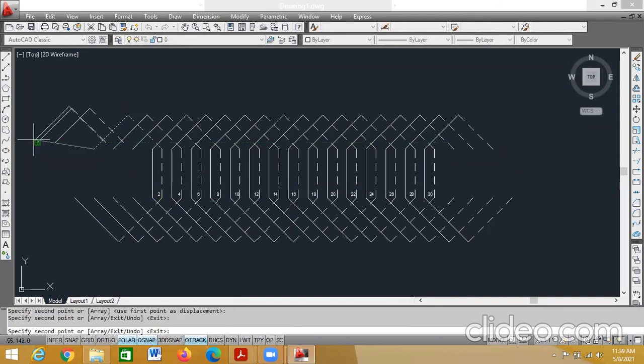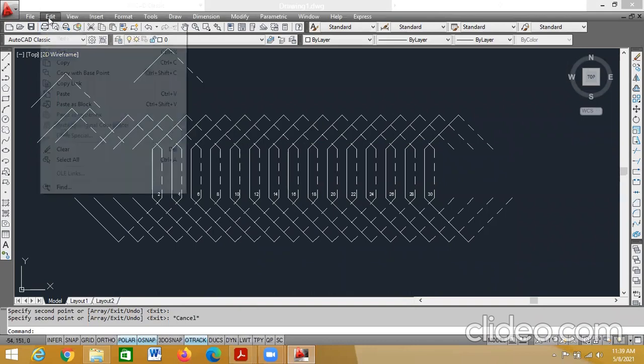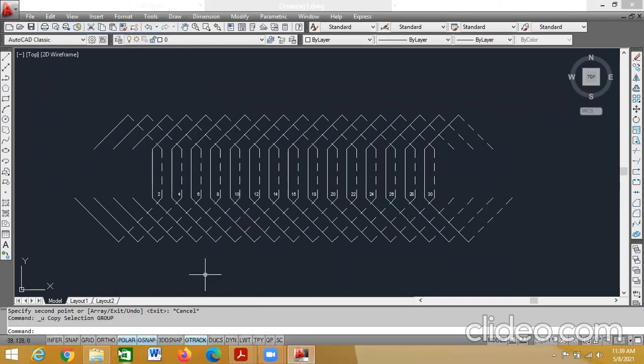Wherever you want, you can keep on placing like this. You can make a number of copies. Or you can use array. See, for the right side portions, I am using array because of 15 numbers. Left side portion only 3, 4 were there. I used copy selection. Immediately I placed it. So understood till here.